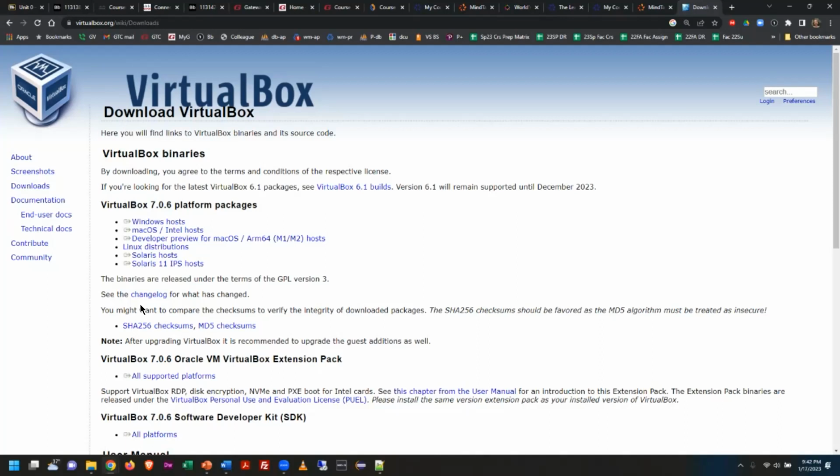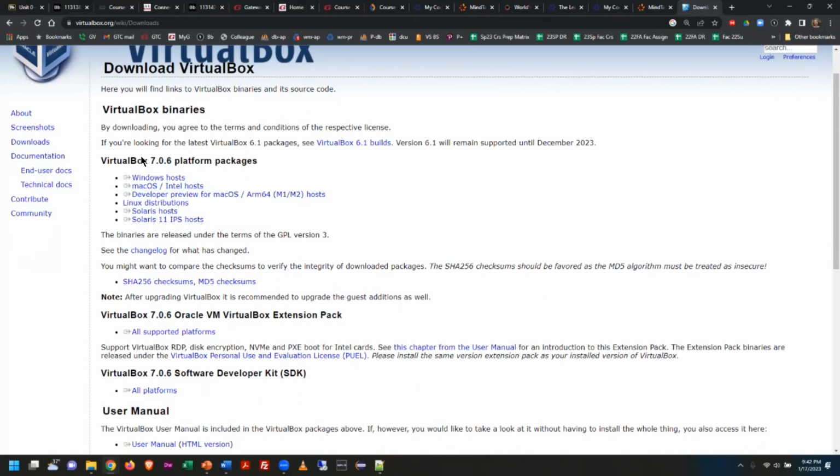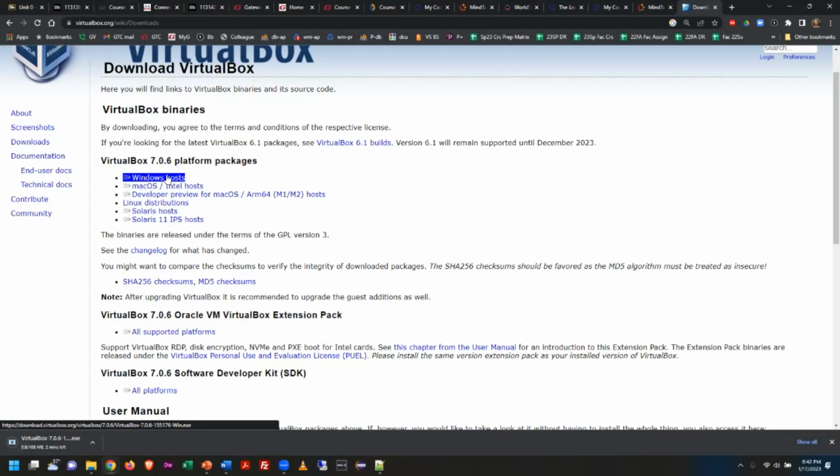I would just go ahead and download the binary. So that's what we're going to do. So what we're going to do, folks, is we're going to click here on the version that matches your platform. So if you're on a Windows machine, Windows. If you're on a Mac, etc. So I'm going to click Windows hosts, and right away it's downloading the binary. It looks like the version is